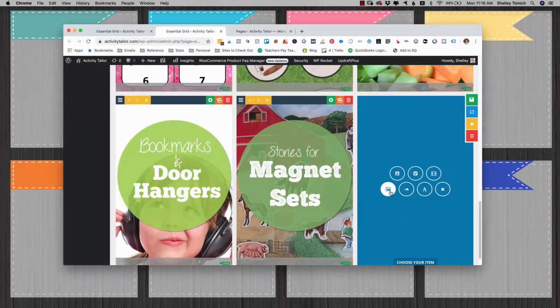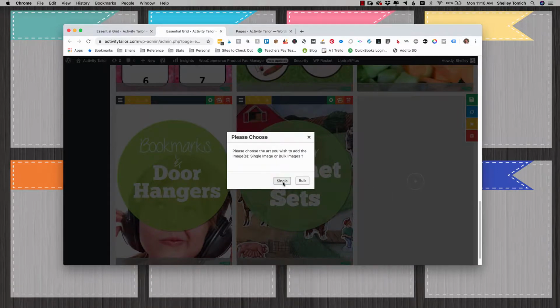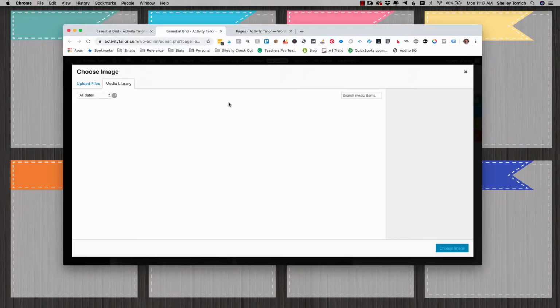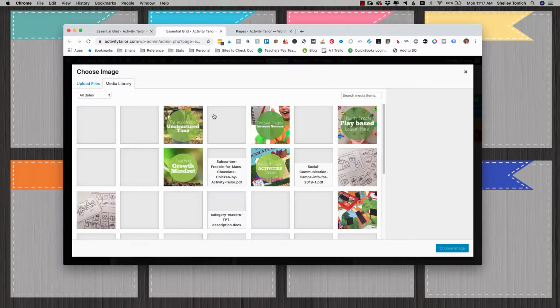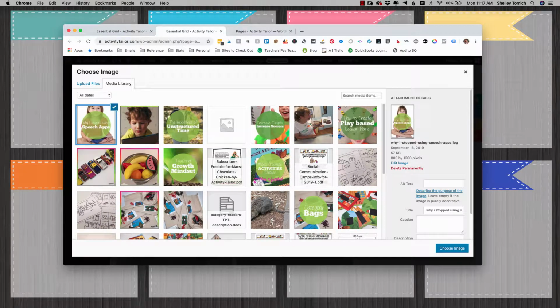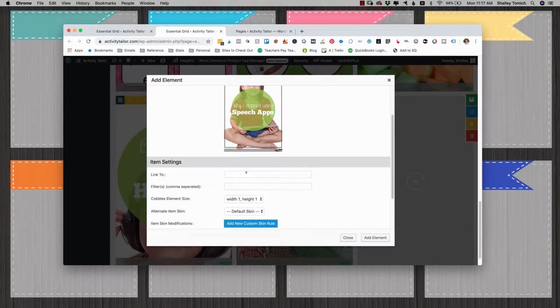Then just scroll down to the bottom and you'll see a little plus sign, and when you hover it, you can just click Image. And I'm just going to add a single image. I'm going to choose my image, and I'm going to delete this one, so I'm just going to add a fake one real quick. So you would find your image, and maybe that was it. And then you would link to,